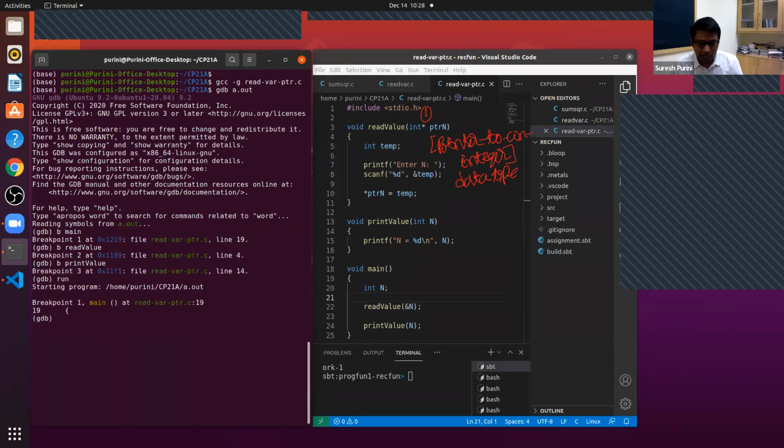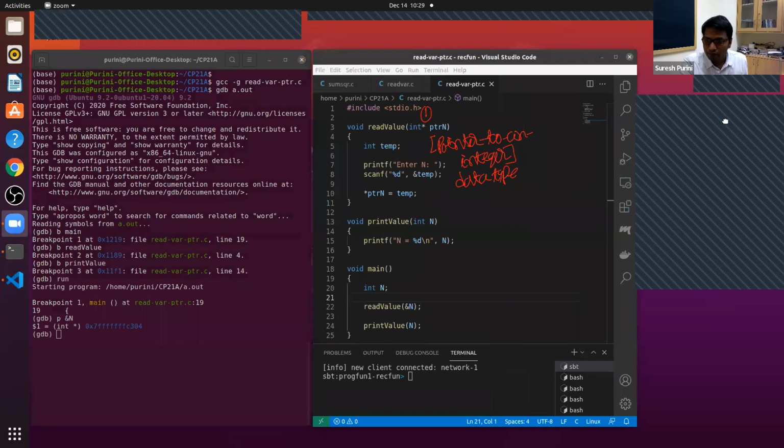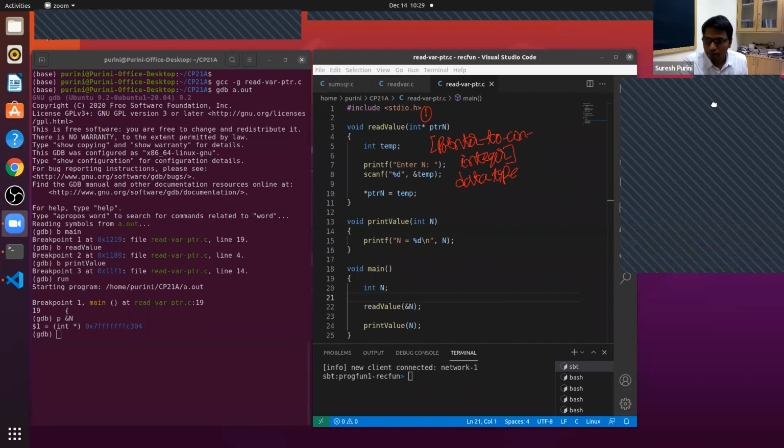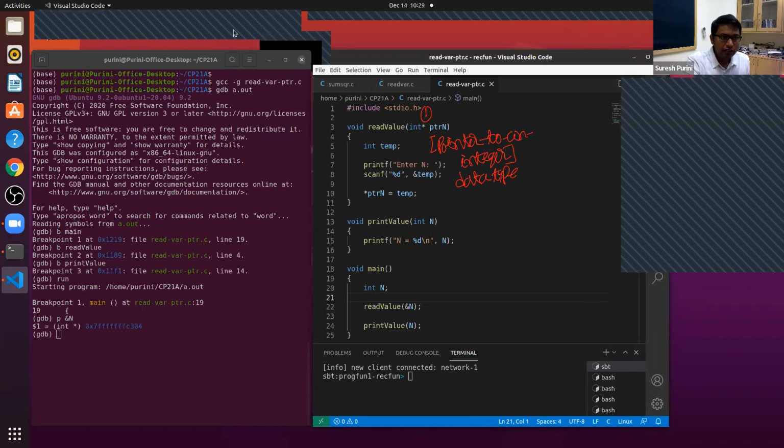Now we are in main. I'm printing the address of main. Can you make a note of it?